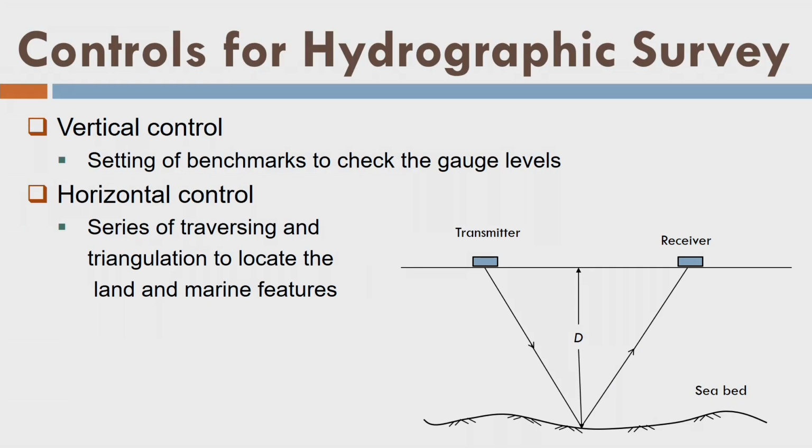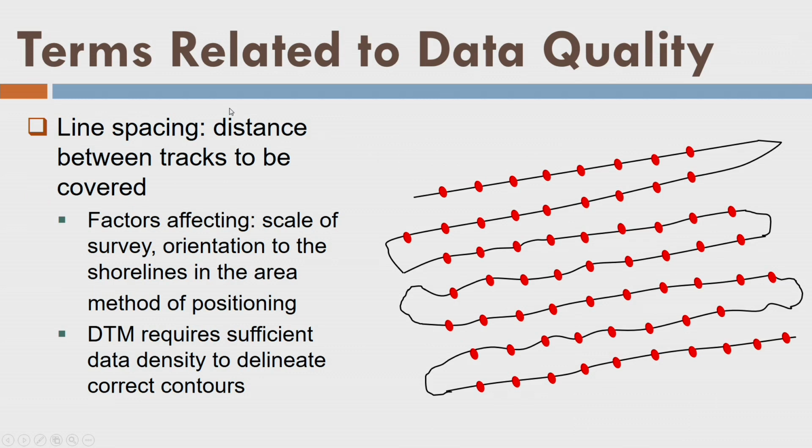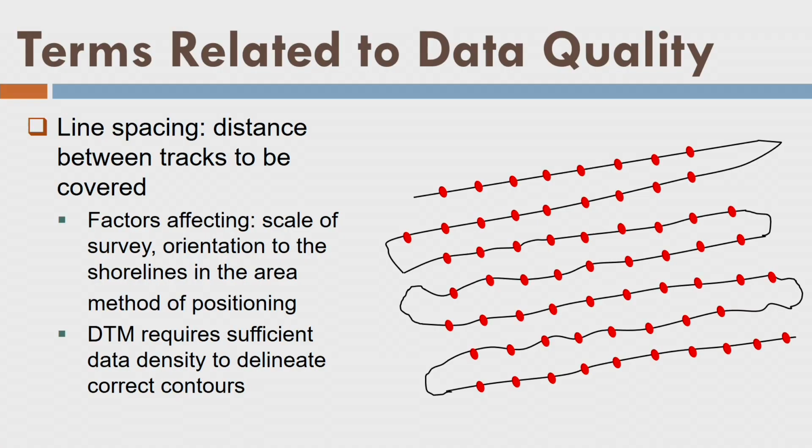So let us see some more terms. So once we conduct a survey, what do we do? Basically we take a vessel. Now we row the vessel along a straight line. Okay. During that straight line we observe the points at a regular time interval or regular distance interval, whatever. Fine. So this is shown here.